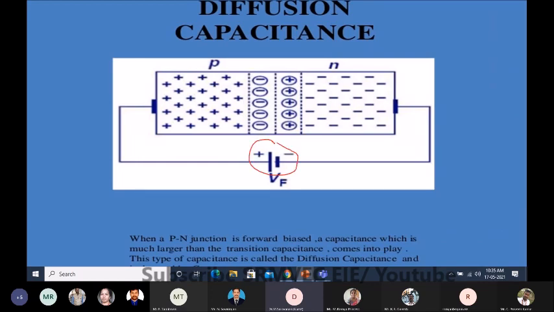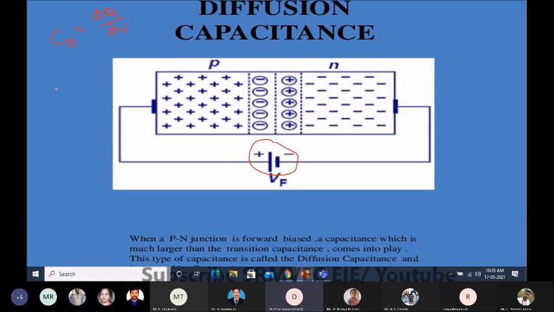So you can see the power supply is getting forward bias, and it is called CD, and it is taken into account with respect to the change in the charge carriers with respect to the change in the electric potential. This also plays a vital role as it is in forward bias, because the PN diode is used for the functionality of forward. Because in reverse biasing it will not conduct at all.